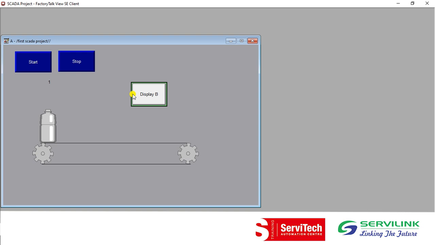Because in the actual plant, on the initial display you have navigation buttons for going to the different units of the plant, and from those different displays you can come back to the main screen also. So that type of development is available in this SCADA project. And the further animation and further programming of the SCADA, or further development of the SCADA, we will do